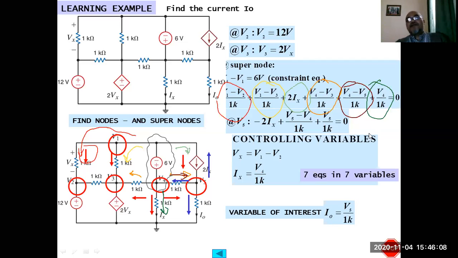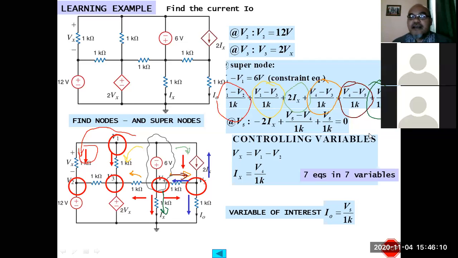Okay, so this marks the end of node analysis, node analysis using Kirchhoff's current law. So let's have a break. And in the second hour later, we will